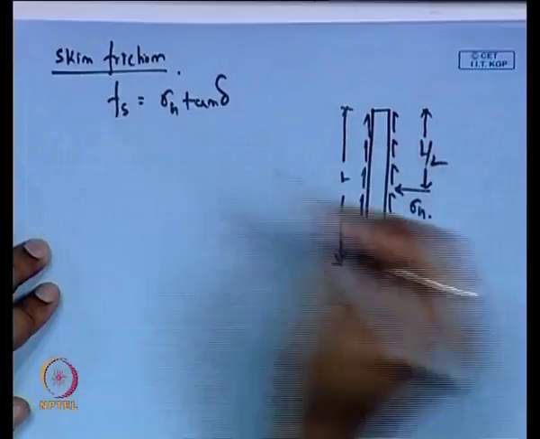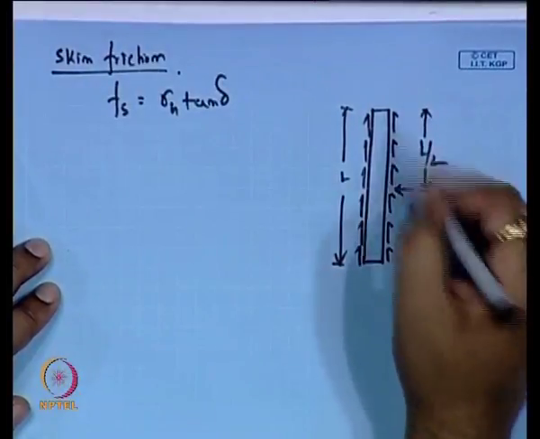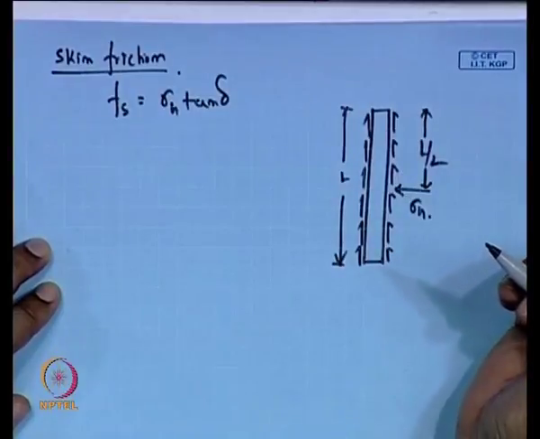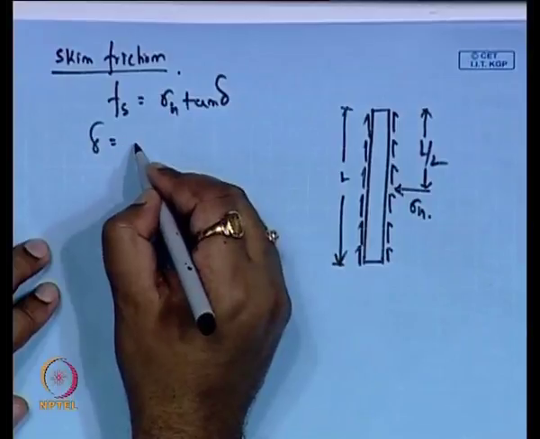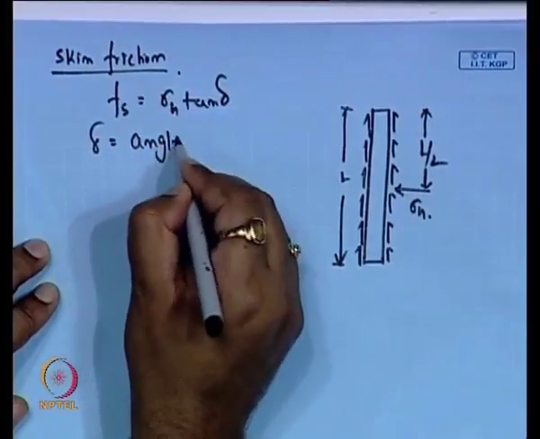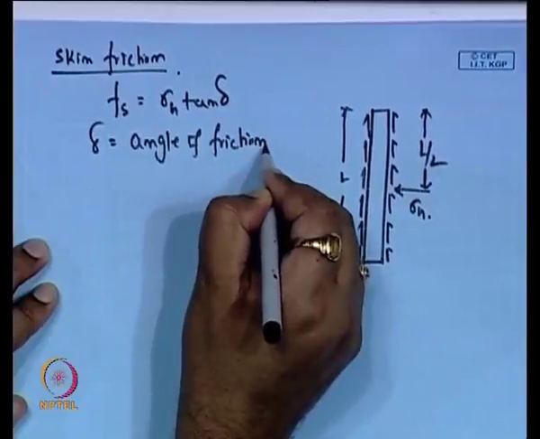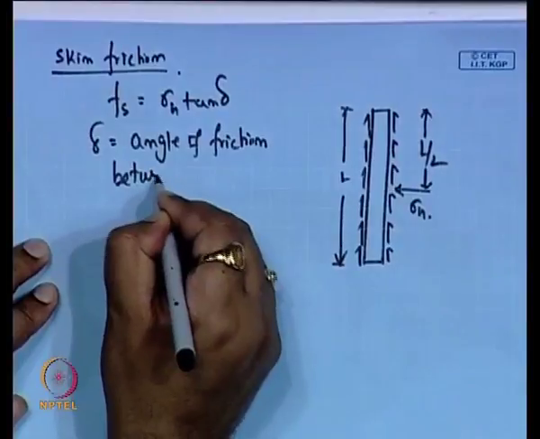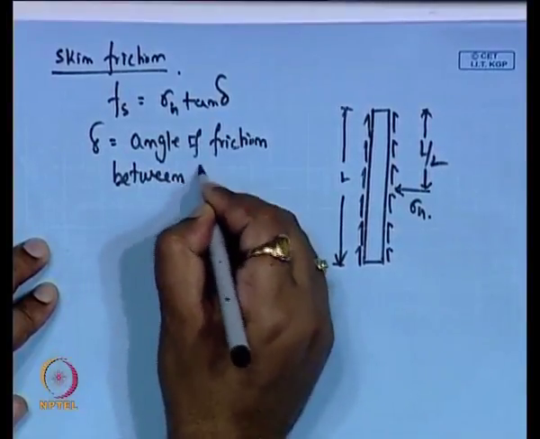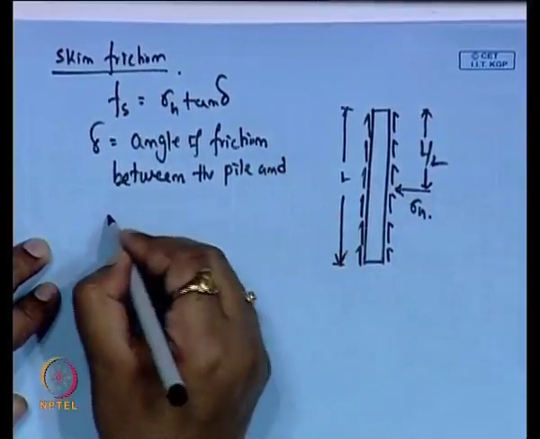So, the friction resistance will be sigma h, the lateral force acting in this direction, and tan delta. Here delta is the angle of friction between the pile and soil,